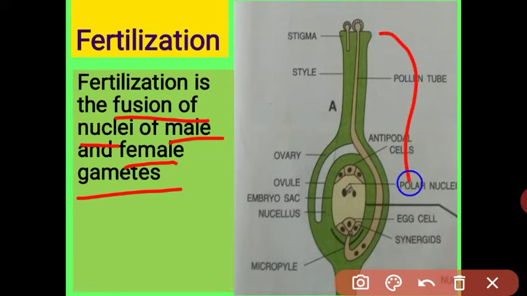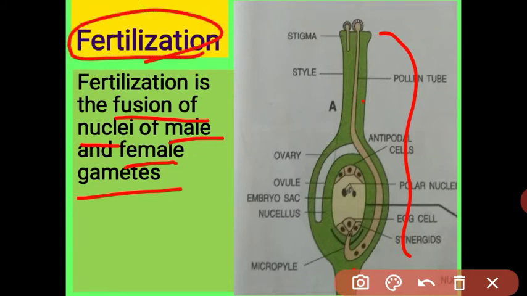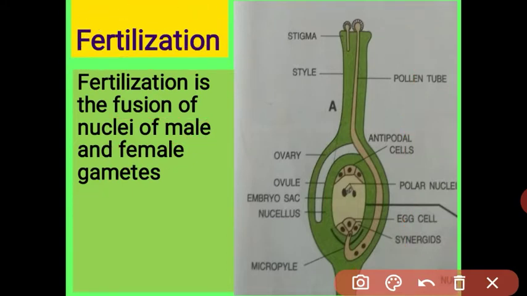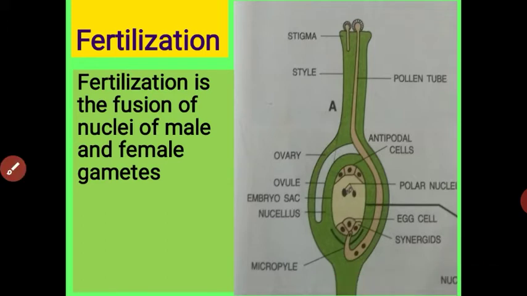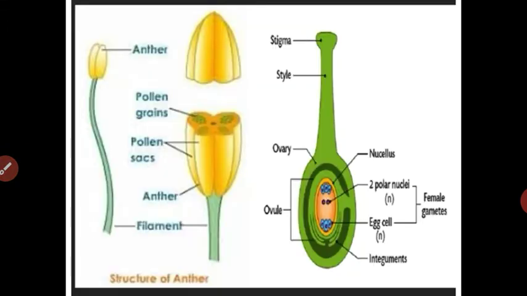This is the carpel part, and the pollen grain is falling on the stigma. The pollen tube grows and releases the two sperm nuclei into the ovules, and when the male and female gametes fuse, this process is called fertilization. Got it, student? Let us see what the actual structure of the pollen grain is and what the actual structure of the ovules is. Let us see this.